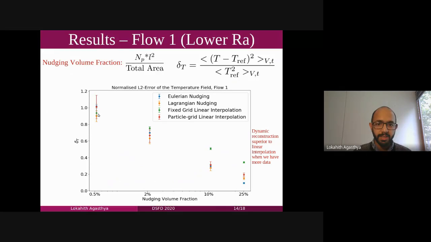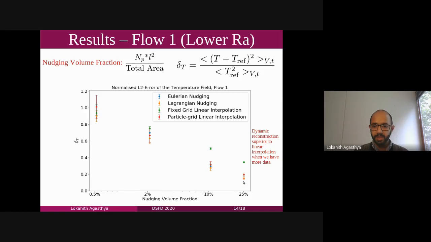This is the first plot. This is the L squared error, the pointwise L squared error for the temperature field, and here what I call the nudging volume fraction on the x-axis is the number of probes multiplied by L squared, where L squared is the box around each particle, divided by the total area. I want to stress that even though 25% sounds like a large number, a very significant fraction of the flow, when we look at the number of probes, the true information that we are extracting to nudge 25% of the volume is still less than 1%, because the L we have here is 6. So even with the 25%, the information we extract is less than 1%